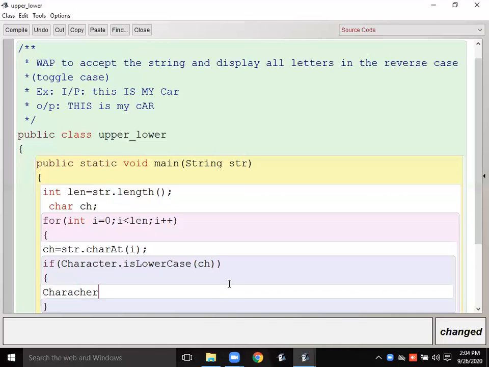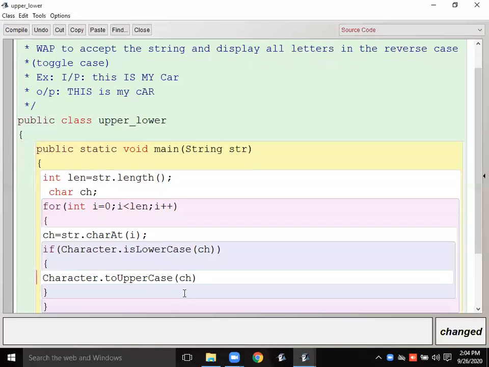Character dot toUpperCase ch, and then I will take it in another letter. Suppose I'm declaring ch1 or in the ch only, right?